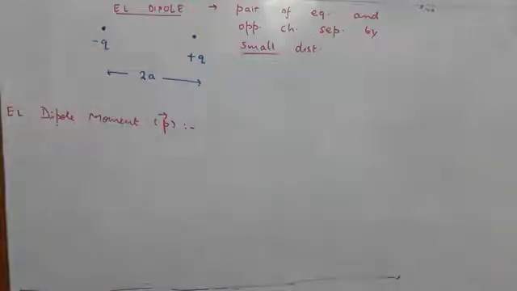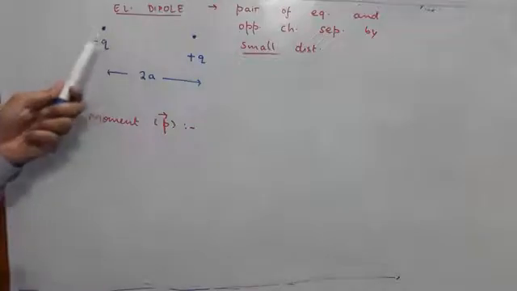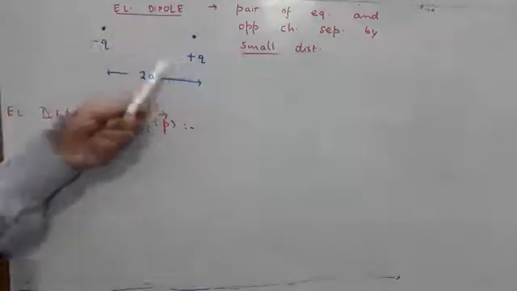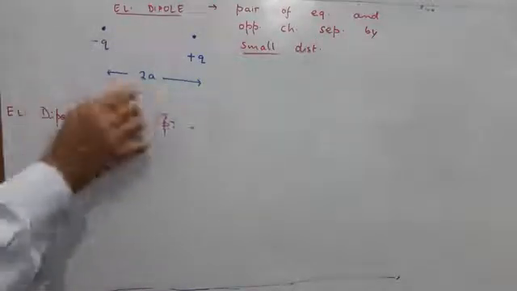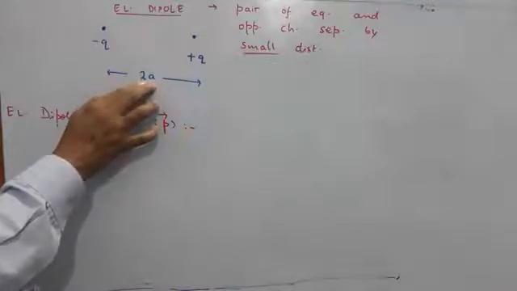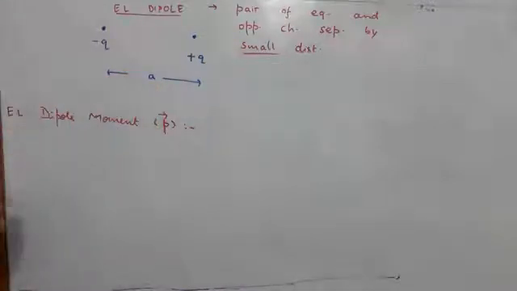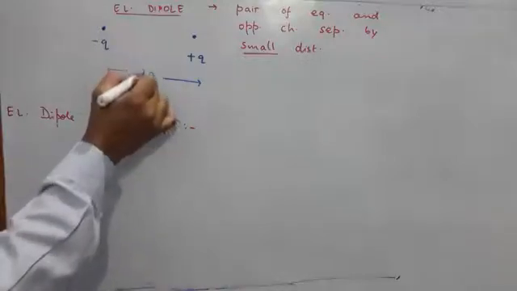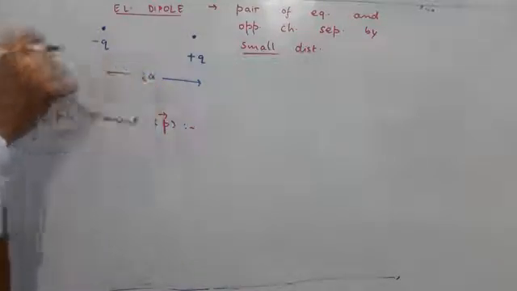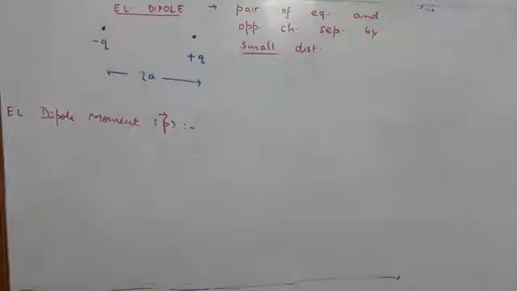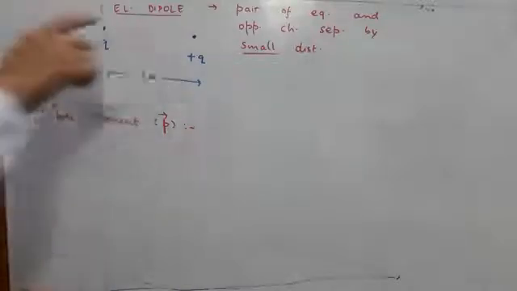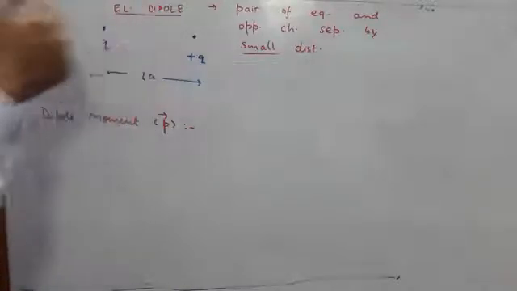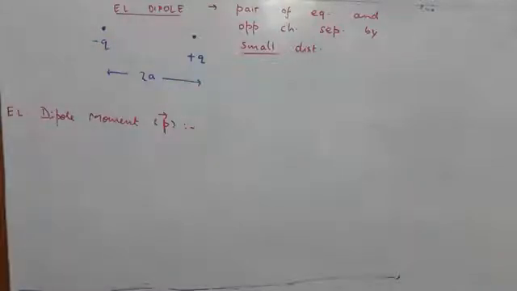This is the schematic representation. Here I have two charges, minus q, plus q, and the separation I have written as 2a. There is no harm in writing a, but some of our calculations will get simplified if we take 2a. So we take separation between the two charges as 2a. So this is di. Di means 2. There are 2 poles. That's why it is referred to as electric dipole.